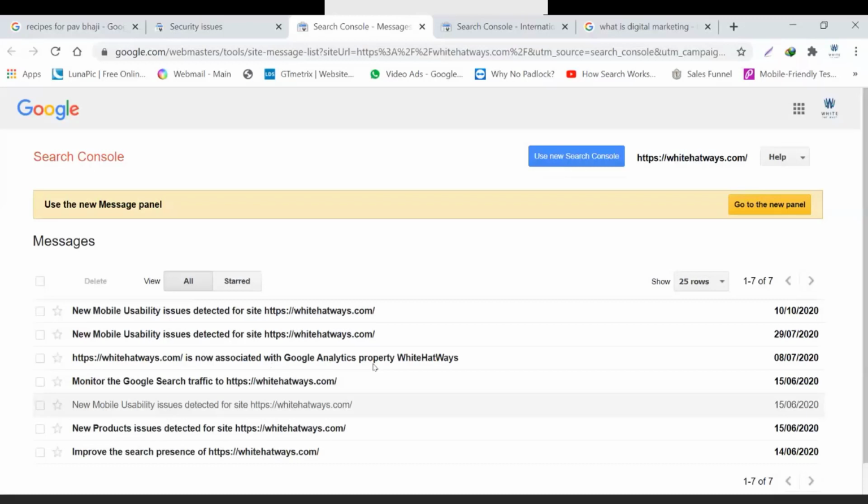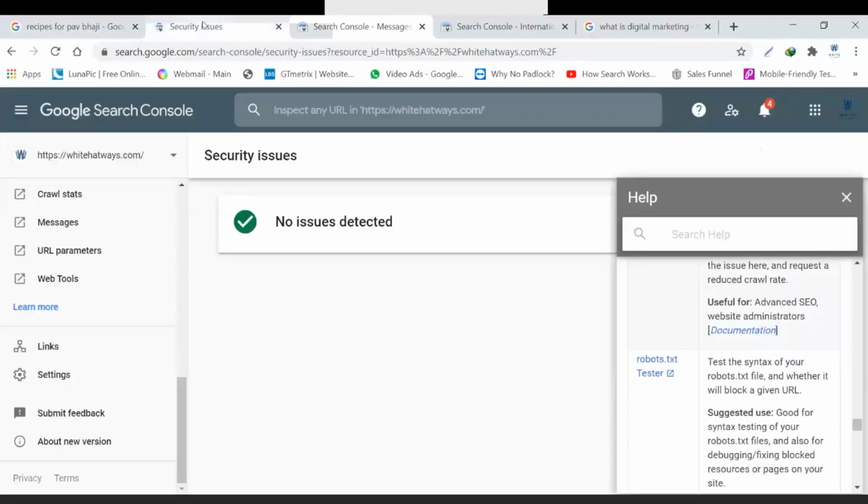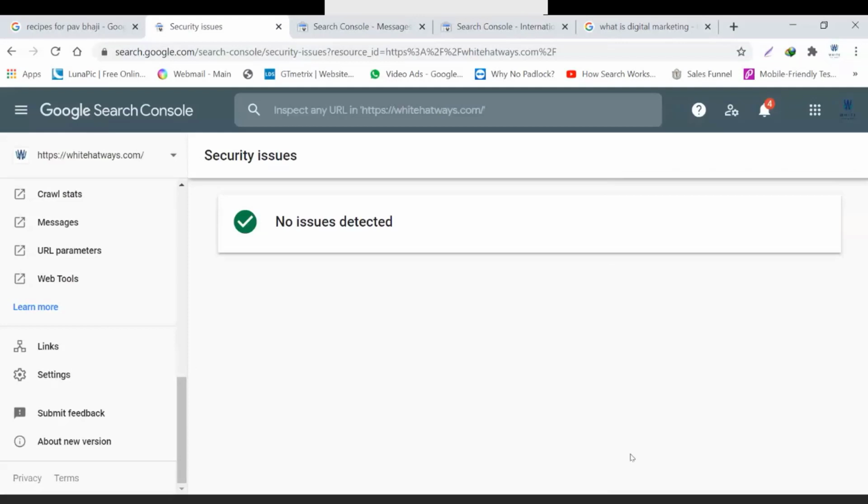So through manual actions, through security issues, through the message panel, what is it doing? It is connecting with you pertaining to your website, so that you come to know every possible detail, so that you get to know if anything needs to be done beyond what you have been doing, and if there are any security issues or anything that you have done wrongly, you would get to know in manual actions.